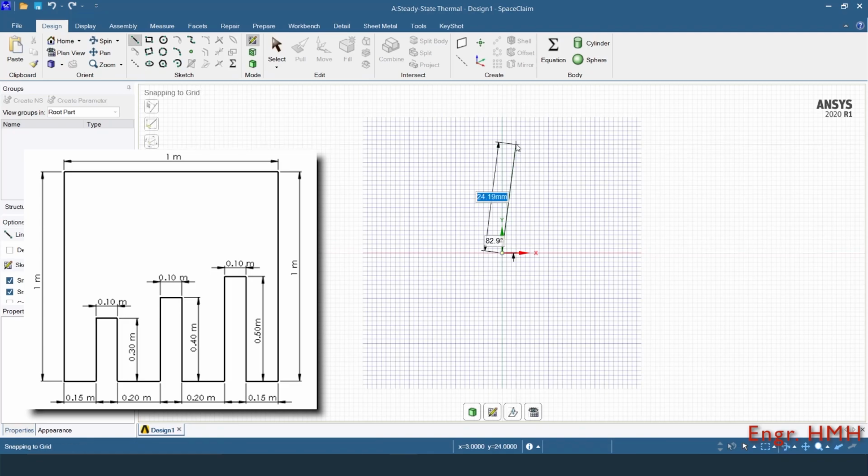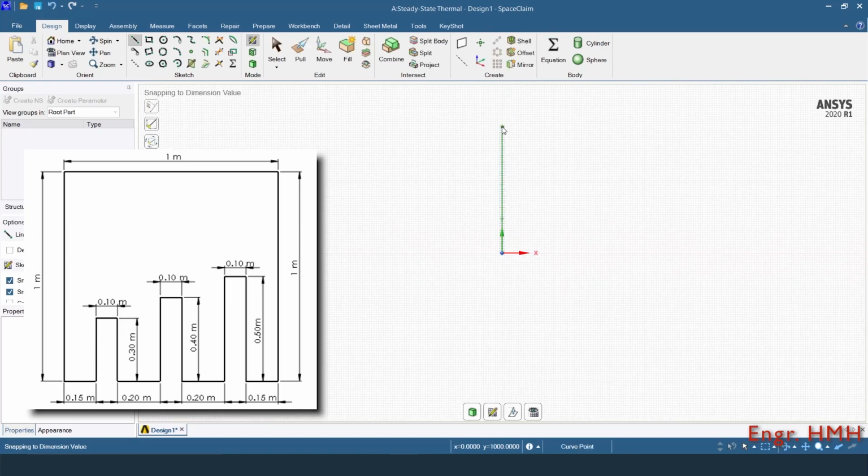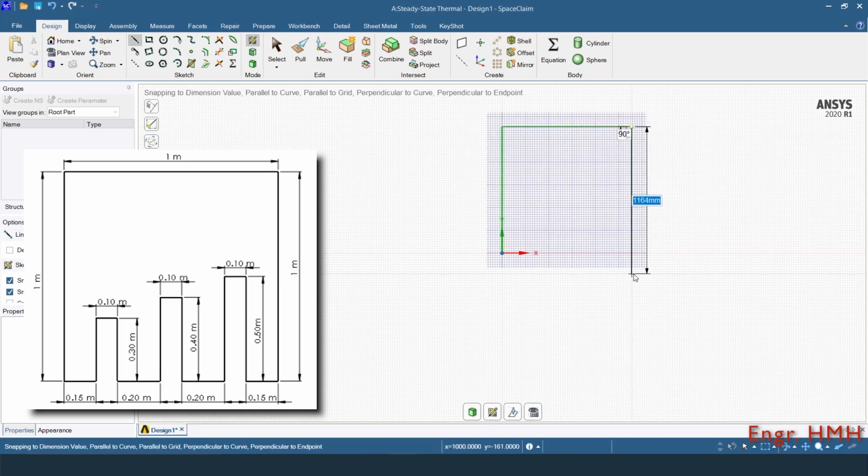Select the line command and draw a 1 meter vertical line from the origin to the upside, 1 meter to the right, and 1 meter vertical downside.